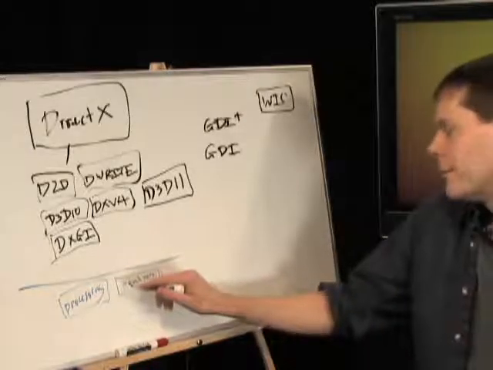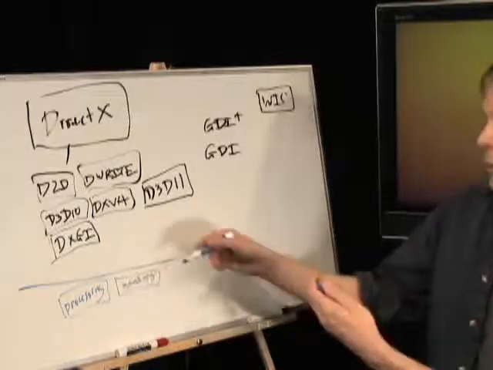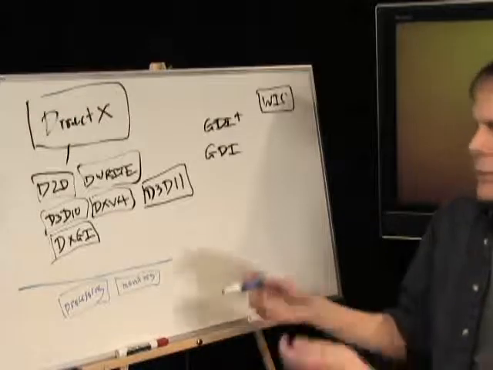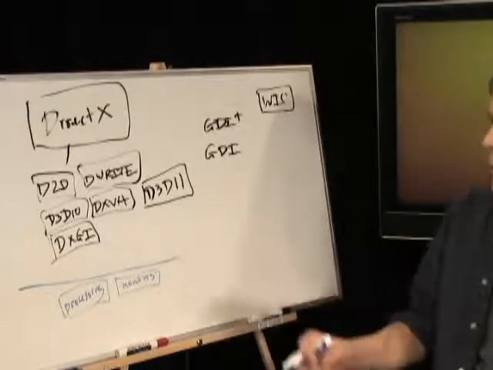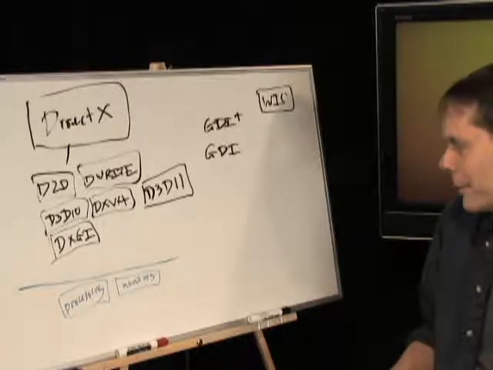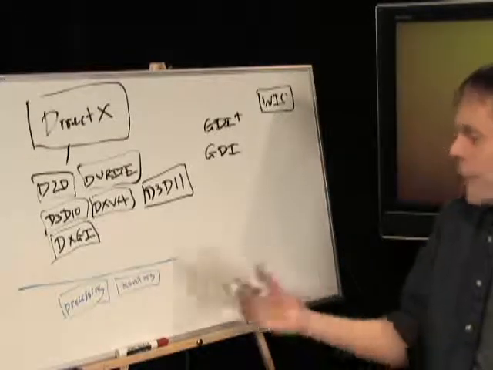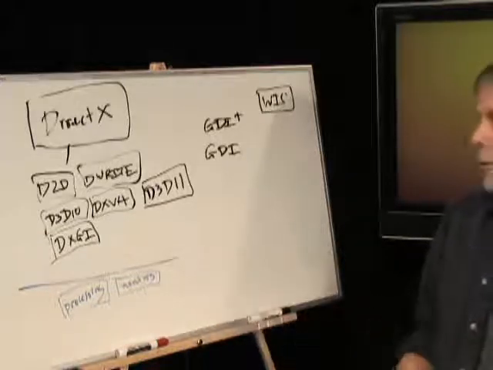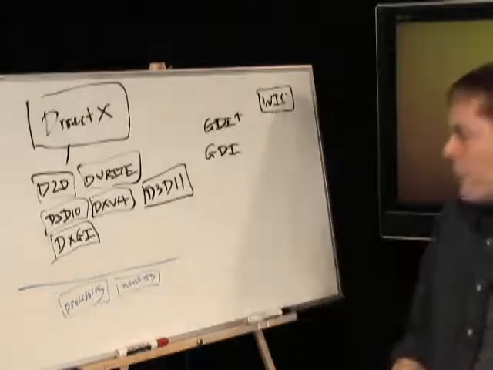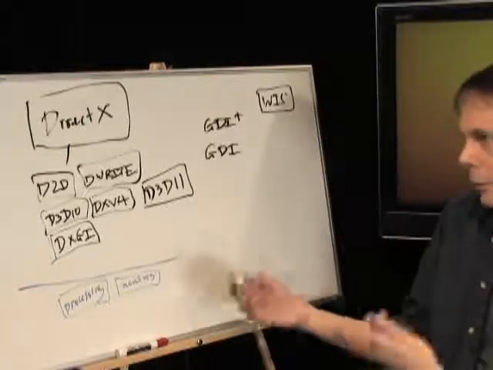Traditionally, the way we think about this is that there are hardware devices plugged in, things called adapters. And an adapter has some number of connectors on the end that allow a monitor to be attached to it. And in the Windows XP days, Microsoft didn't really do a huge amount of innovation in that area. What happened, and this is a repeating pattern, is that our hardware partners and